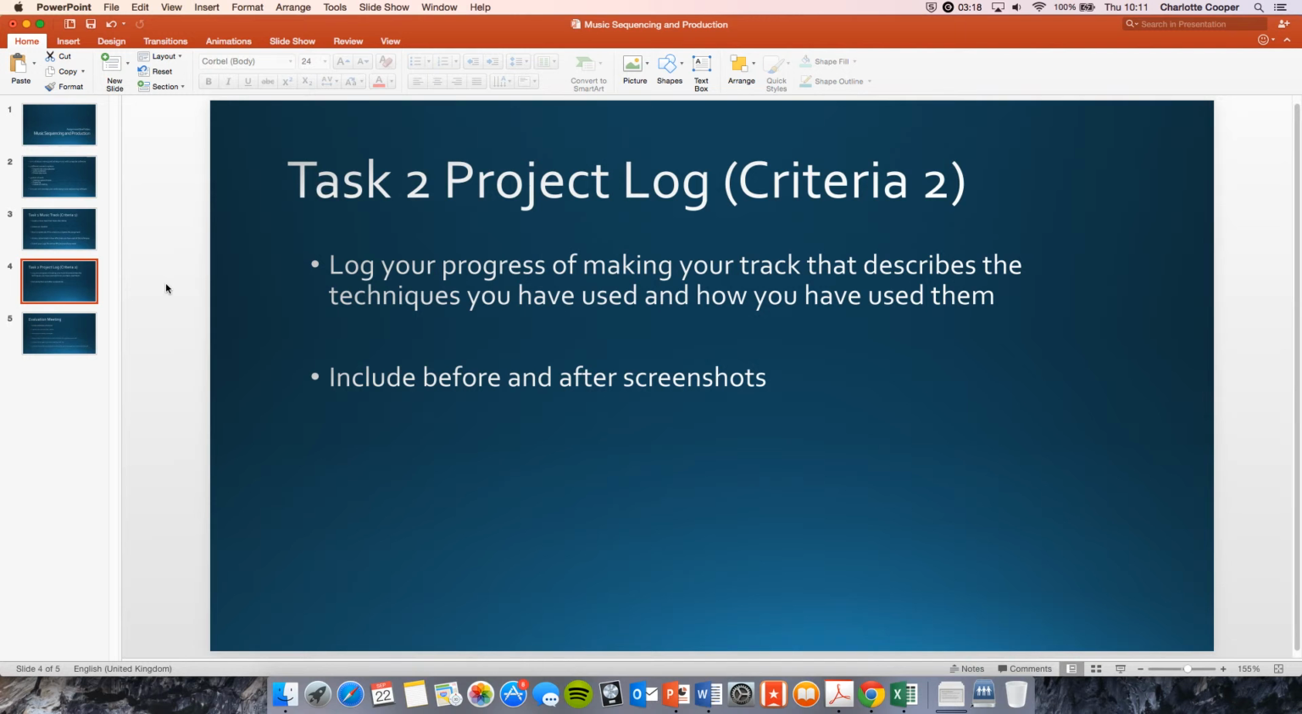While completing your music track, you're also going to keep a log of how you do, and this meets criteria 2. You're going to log your progress of making your track and describe the techniques you've used and how you've used them. And you have to include before and after screenshots showing progress in your work. Now for submitting this,